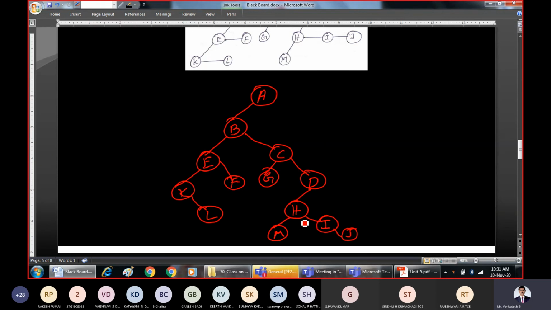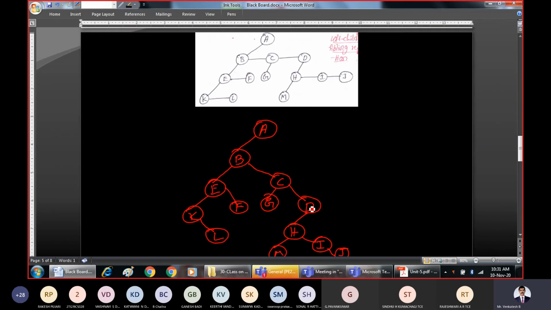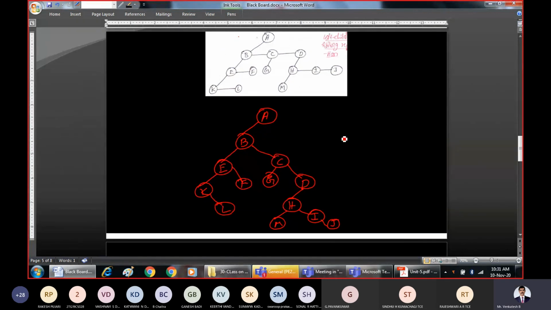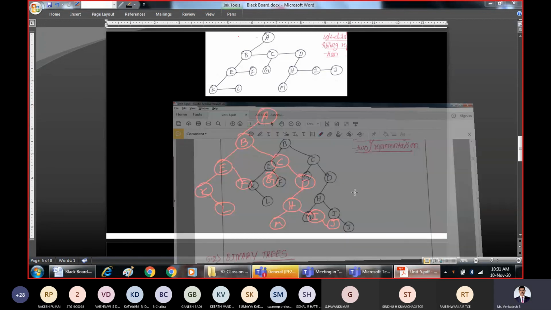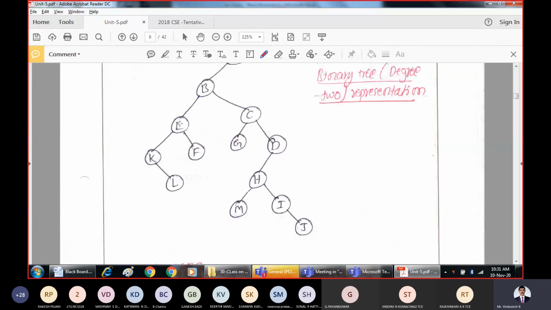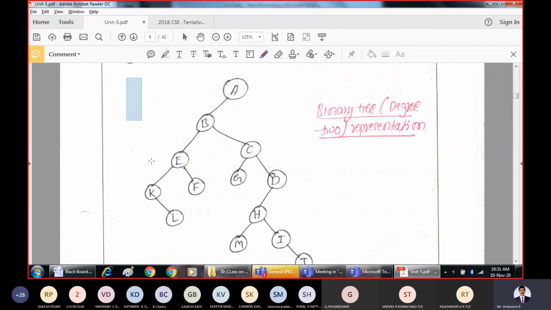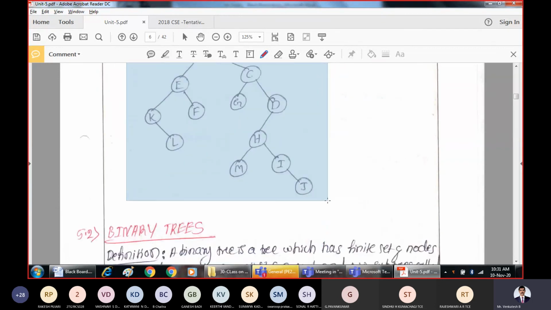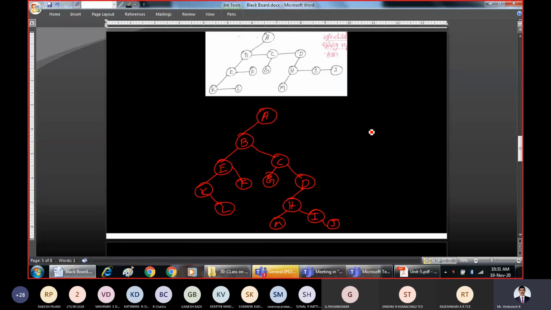So that is what is simple. What we have done, we have first obtained left child right sibling representation, then rotated all the horizontal lines by 45 degree. Only once you have to rotate, that's it. If you can compare these two figures, you will come to know what is the difference between this and this. Only the horizontal lines have been rotated by 45 degrees. And this is the solution which we have obtained.